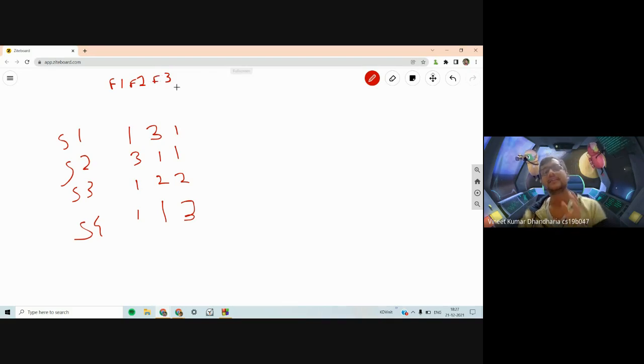Now what you're given is that you can select some n minus 1 shops. Again, n is the number of friends and m is the number of shops. So you can select any n minus 1 shops initially. Suppose here n is 3, so n minus 1 would be 2. So you select any 2 shops. Say you select these 2 shops.